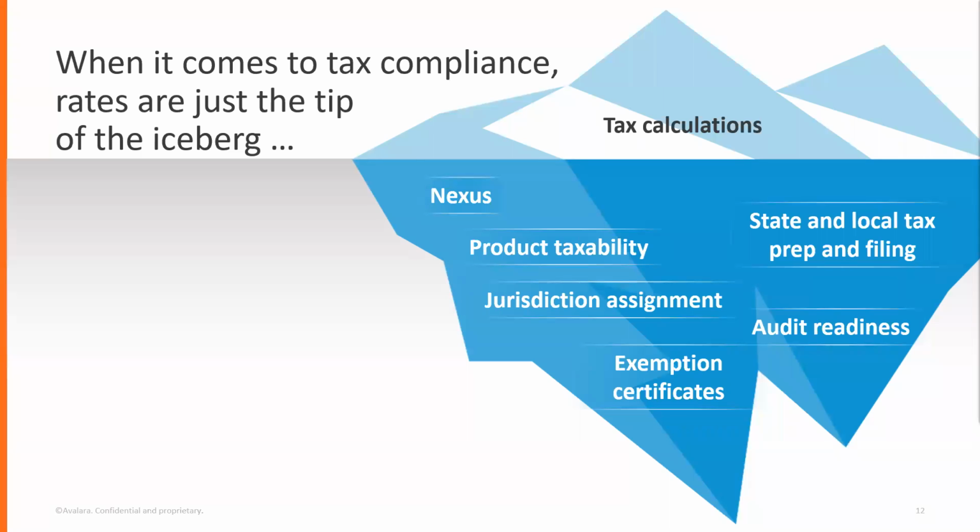And just a heads up on what all that includes. We talked about Nexus, right? We've got the ability to help you figure out where you have Nexus, and we'll get into that later. Our tax engine looks at product taxability to make sure that it is assigned correctly. It looks at the jurisdictional assignment, so when we're looking at the breakdown of those tax jurisdictions within the same zip code,